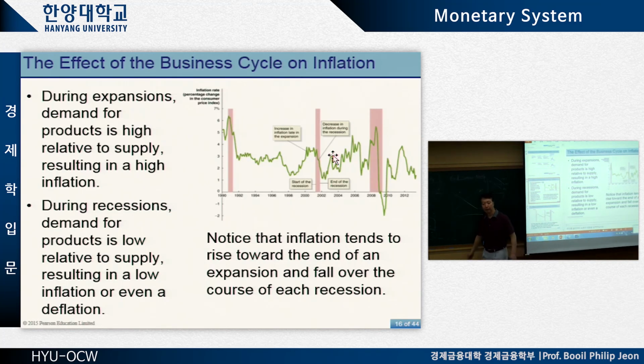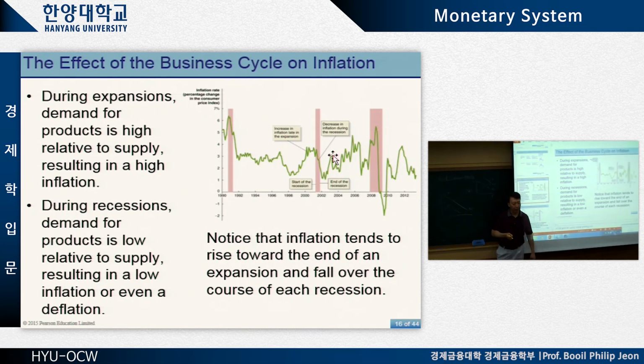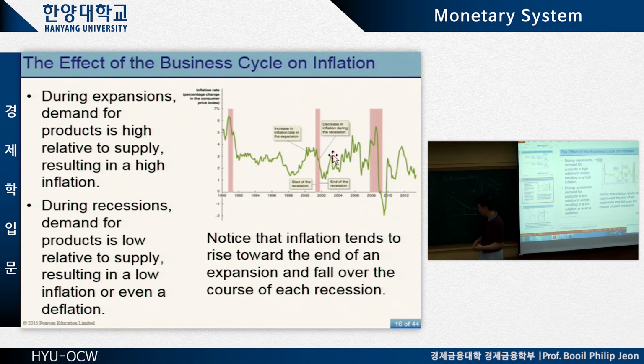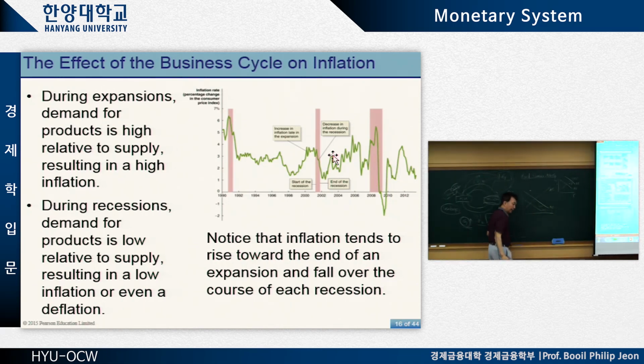Recession typically means aggregate demand shifts back, right? For some reason, the demand becomes weaker, right? People are not spending a lot of money. Either they are afraid of spending because they think that the future is not good, right? Or they don't have a lot of money to spend because they are unemployed, right? So whatever the reason, the aggregate demand shifts back, right?